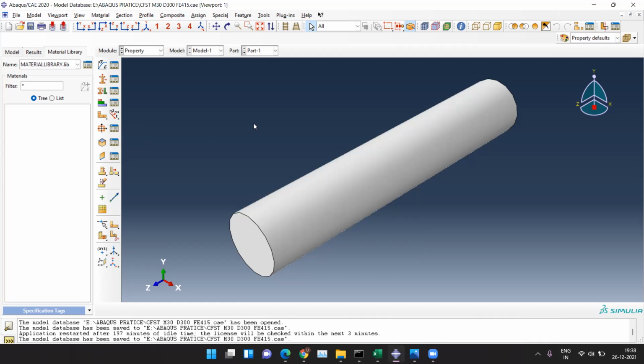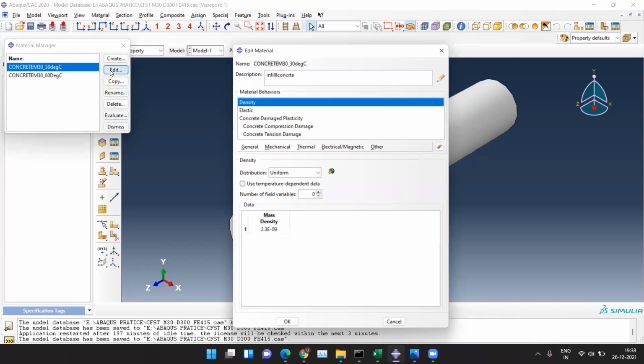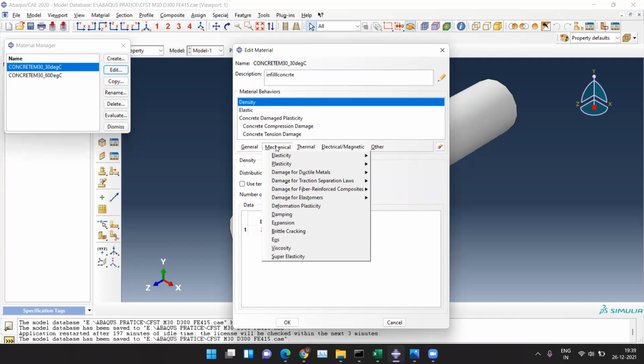Sir, about the Johnson-Cook damage: if I want a damage criteria, which model should I prefer, and where does it come from? Just go to Mechanical, and here you can see damage for ductile materials. Only your steel is a ductile material.